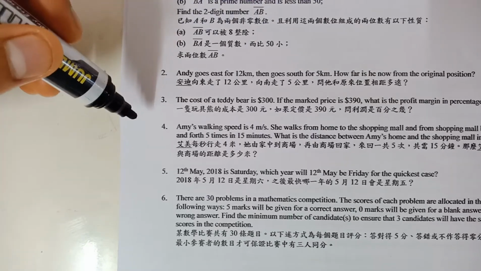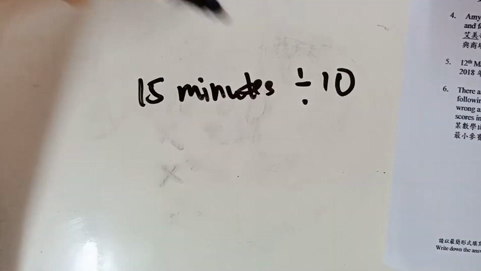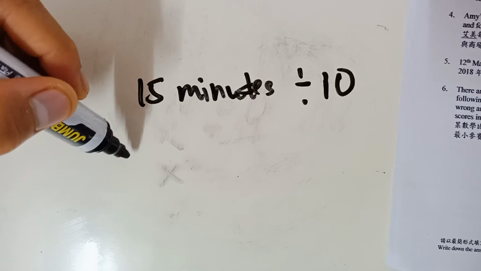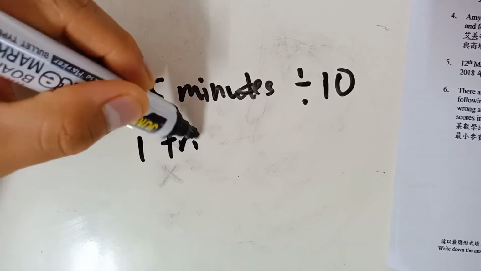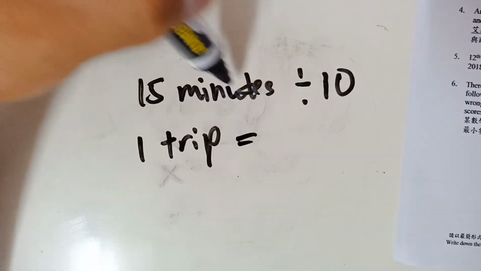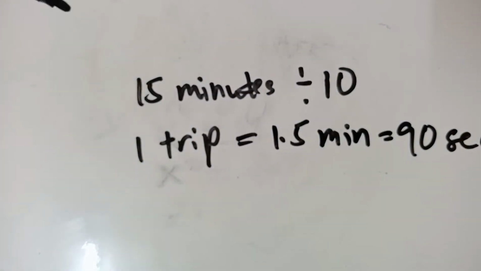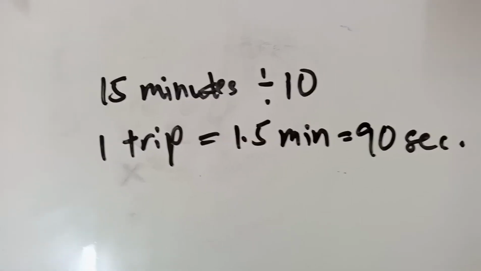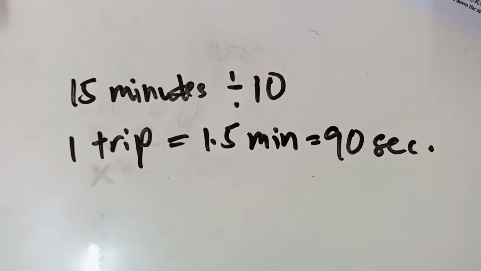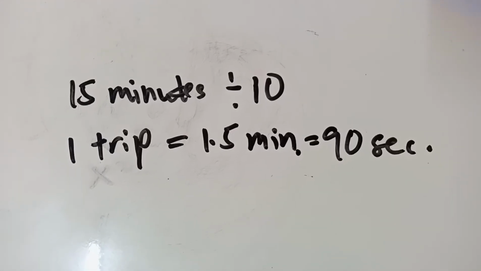15 minutes. Okay, so we're going to divide 15 minutes by 10. Okay, it means one trip from home to shopping mall is equal to 1.5 minutes or 90 seconds. Okay, 90 seconds from home to shopping mall, that's 1.5 minutes or 90 seconds. All right,